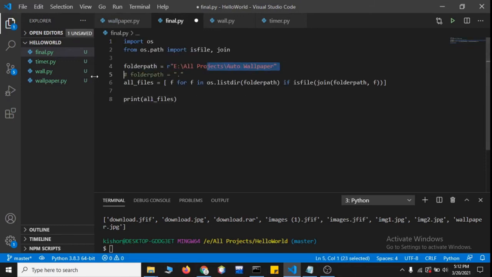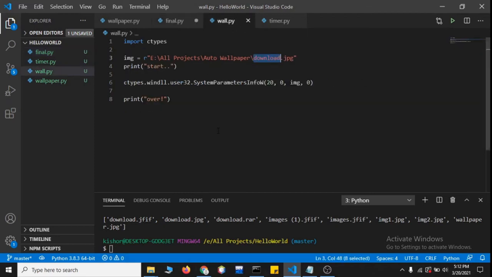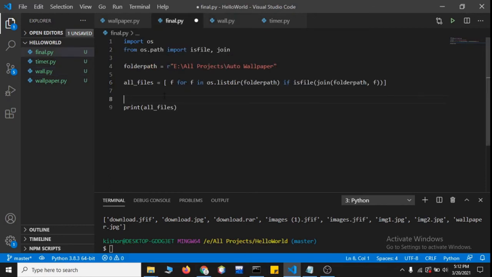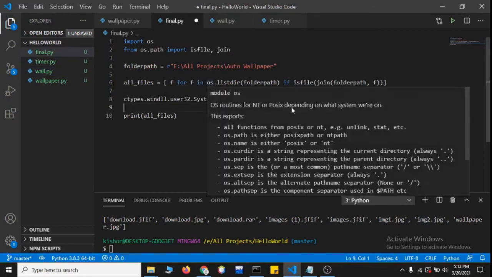So this is our folder, line number 4. This is our files. So all files contains all the images that we want to set as wallpaper. Once we have that, we can iterate over it, and line number 6, the ctypes line, is the one which is going to set the files as wallpaper. We'll simply keep it here.